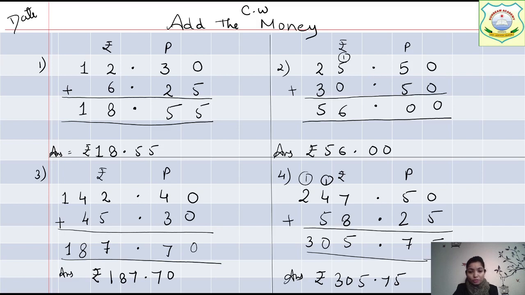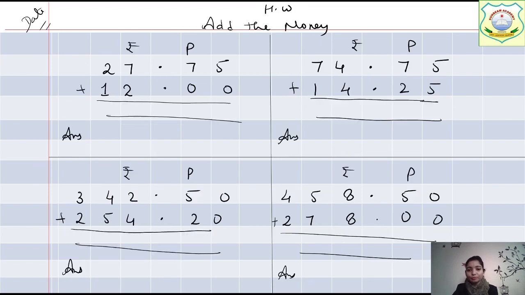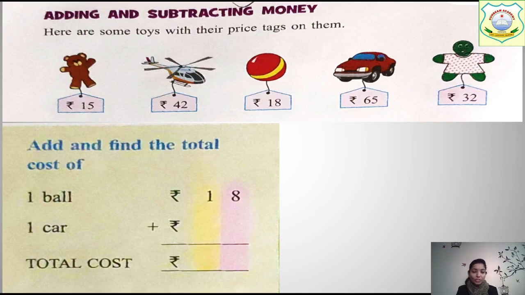So this was your classwork. 4 questions. Write down like this. In the answer आपको ये mention करना ज़रूरी है. Rupees symbol, rupees 56. Point के बाद जितना होगा that means that is पैसा. So पैसे का P लिखने की need नहीं है. Now this is your homework. Everyone note it down. And now we will move to book work, that is page number 158. Everyone open page number 158.